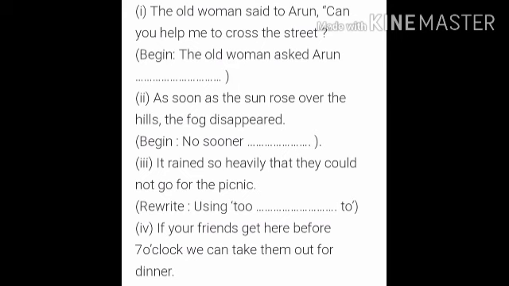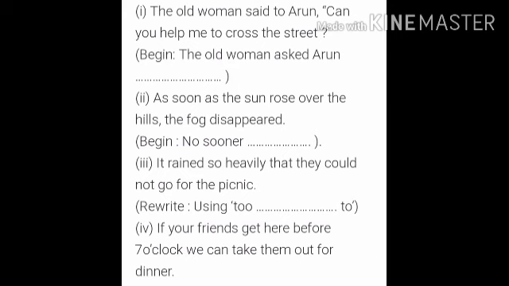Now we'll remove the comma and the inverted commas, and we will use the word if or whether. Why? Because "Can you help me to cross the street?" is a yes-no question, where you can answer it by saying yes or no. So whenever you have a yes-no question, as I have already told you, you need to use if or whether. So the old woman asked Arun if,